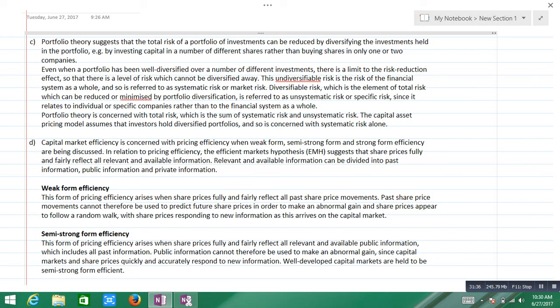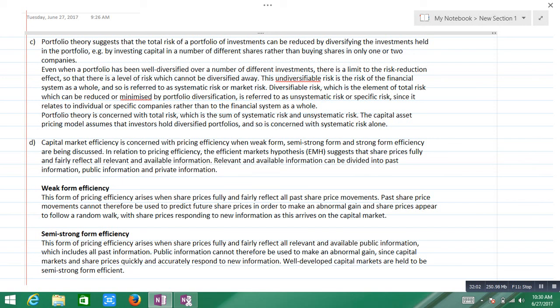Part D is going to be a bit long. It's about the EMH. The EMH has the weak form, semi-strong form, and strong form. Let me simplify this as well. What is the EMH for? EMH is basically about how share price movement reflects information. In other words, the weak form is